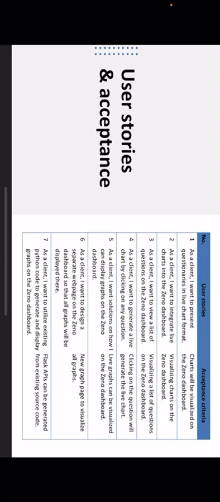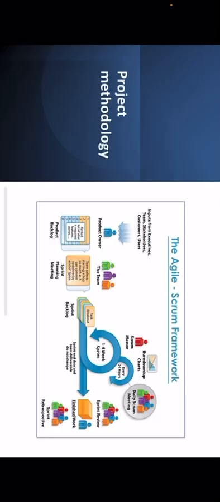The client wants to design a separate web page on the Geno dashboard so that all graphs can be displayed there. On this new graph page, the graphs are viewed directly on the Geno dashboard by taking the user data. I want to utilize existing Python code to generate graphs on the Geno dashboard. We use Flask APIs and generated the existing source code.